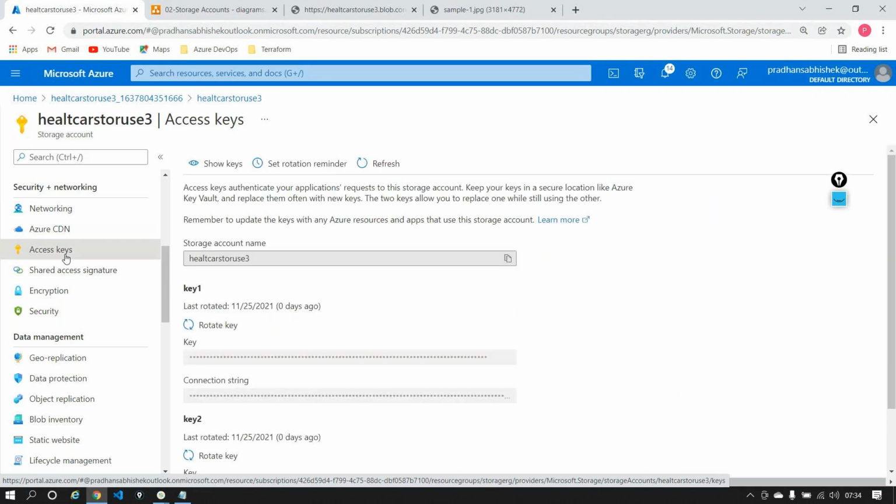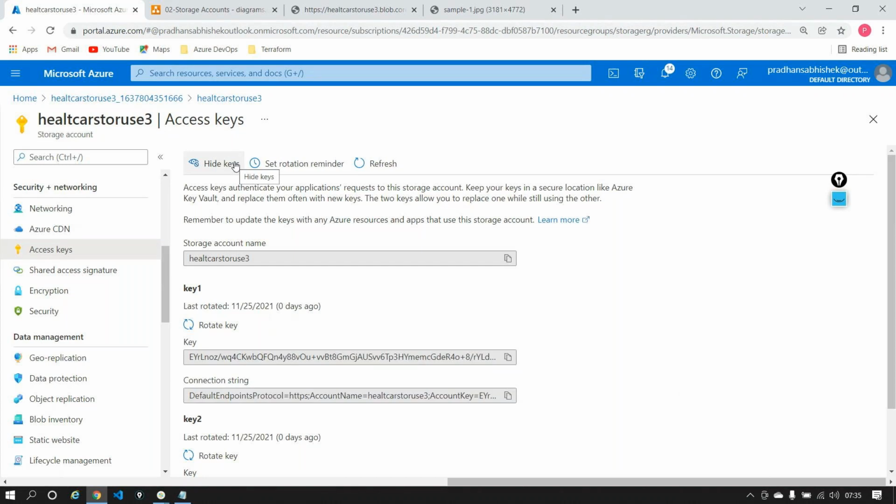As and when I click on this, it shows the name of the storage account and so on. And I have an option called show keys. One thing, guys, that you very importantly have to understand is that I'm only getting this option called show keys because I am the owner of the subscription, because I have the RBAC role of owner here. If I'm a reader, I won't be able to see this option, meaning I won't be able to see the keys and all the secure information here. So what I'll do right now is I'll click show keys.